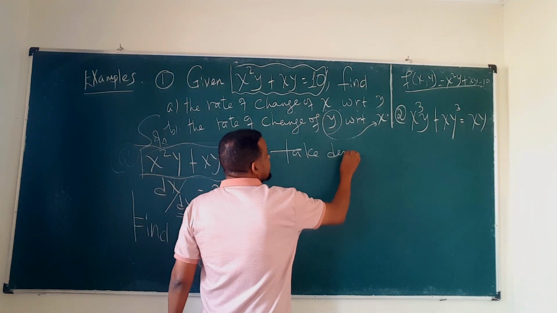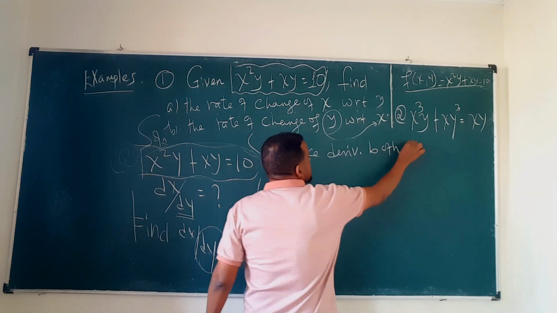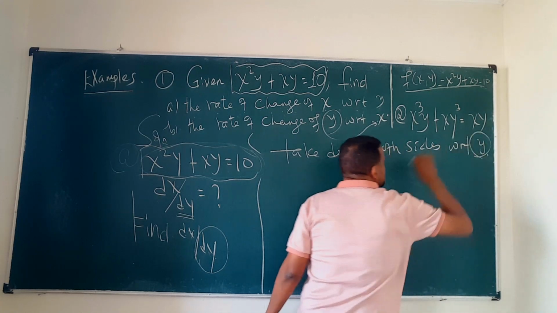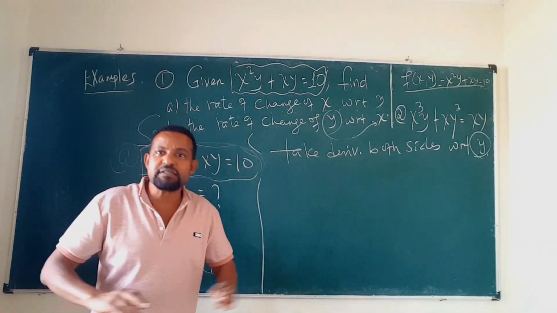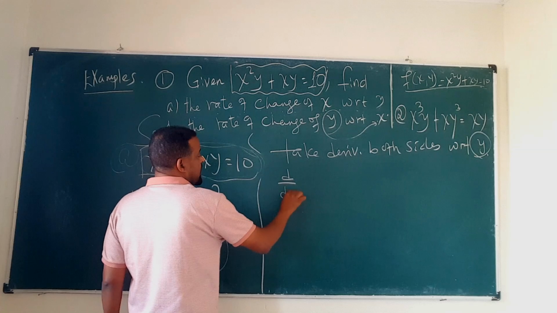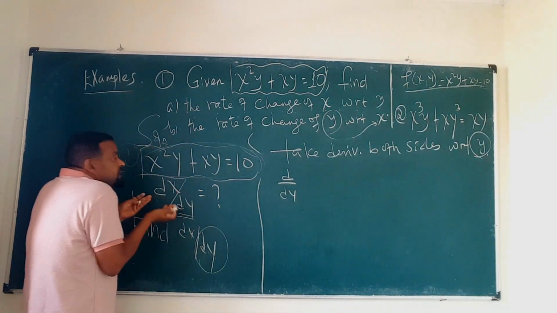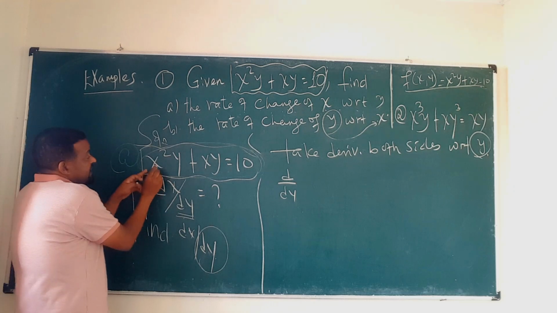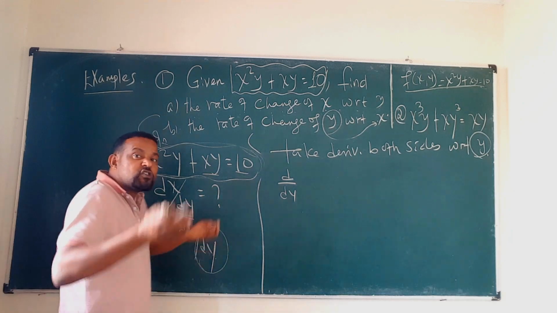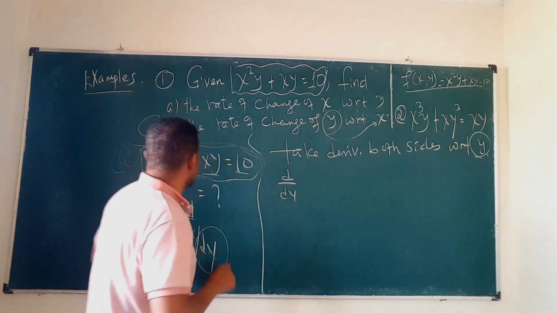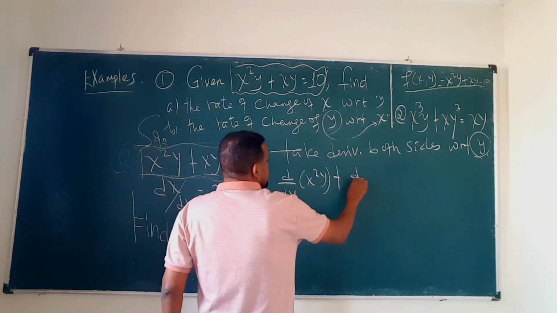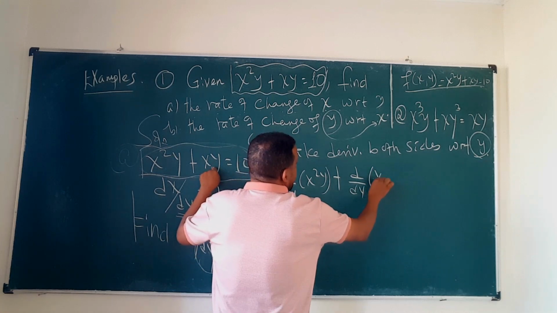Take the derivative of both sides with respect to y. That means d by dy of each of the terms. There are three terms, and all three are differentiated with respect to y. So d by dy of x squared y, plus d by dy of xy,